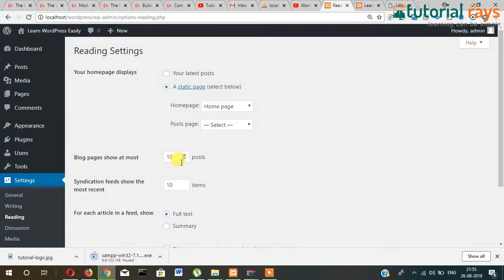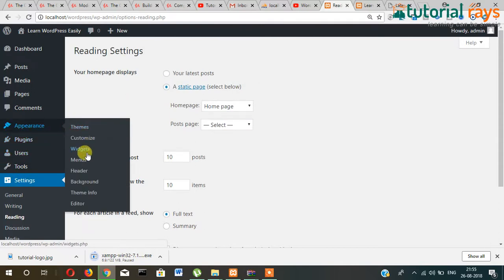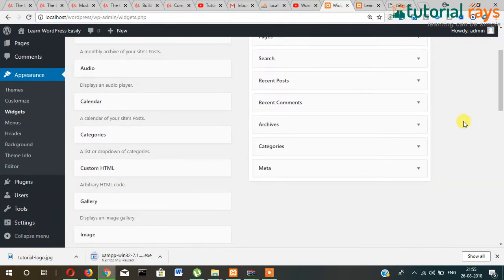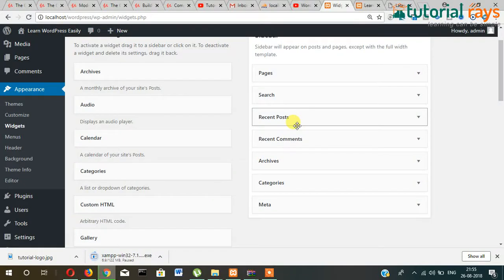So in this video I'm going to show you about appearance and then widgets. Widget is one of the very important parts in WordPress where drag and drop works. So without having programming knowledge you can adjust your website and change the content from here easily. For example,